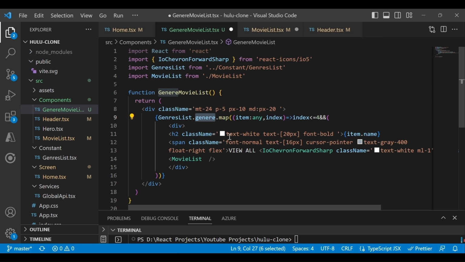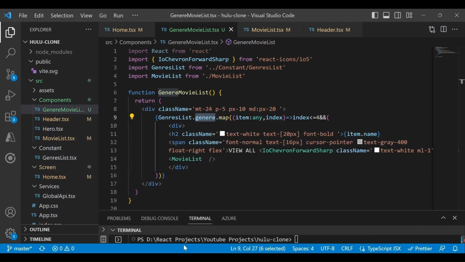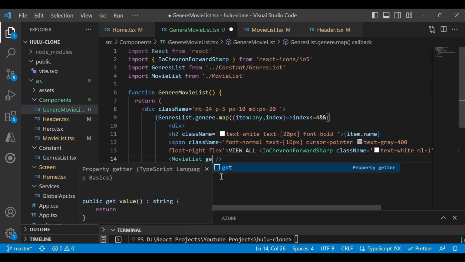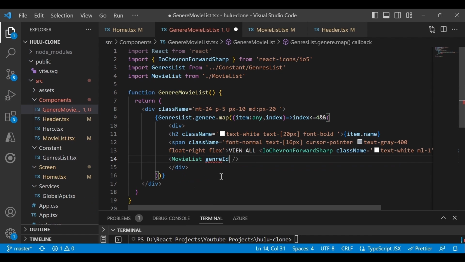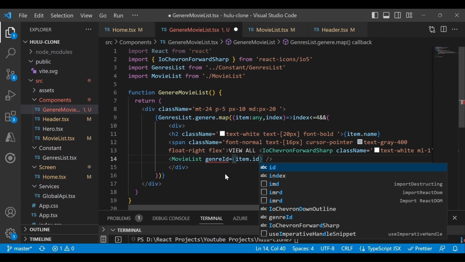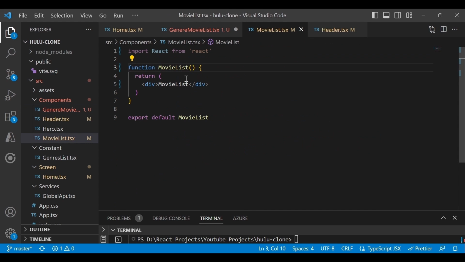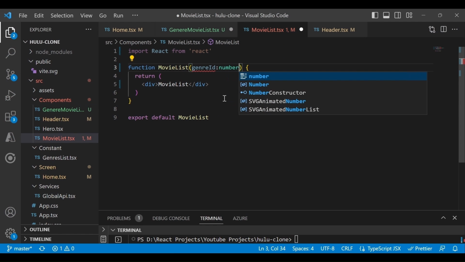But if you see, we are getting action and movie list. Okay, action, movie list. So let's pass the genre id equal to item dot id. Make sure you add the genre id. So go to the movie list, and here you have to add the genre id, and it should be a number.